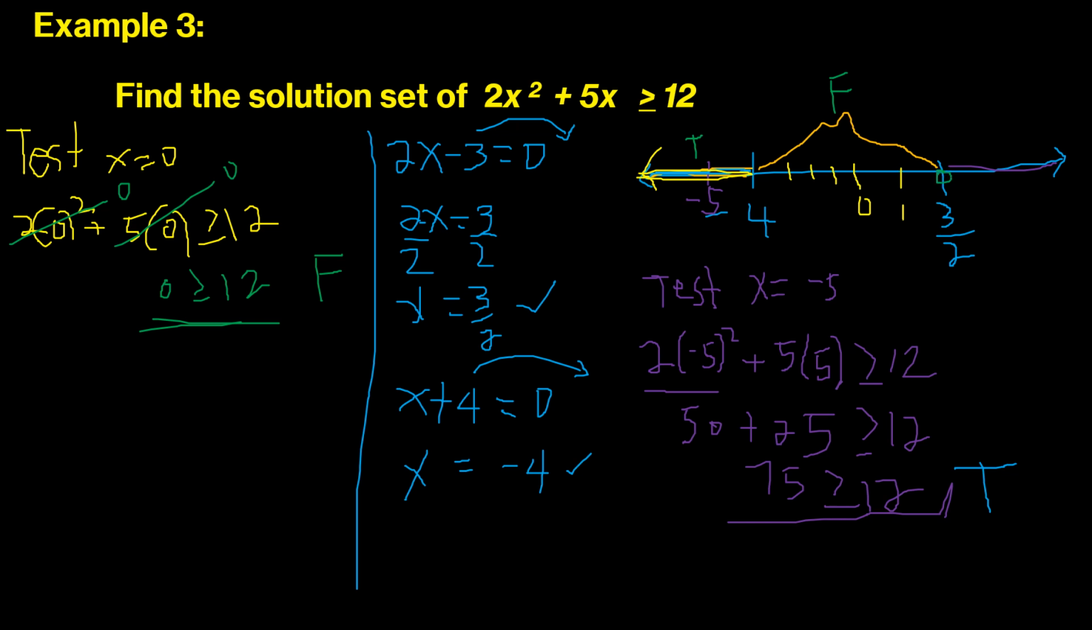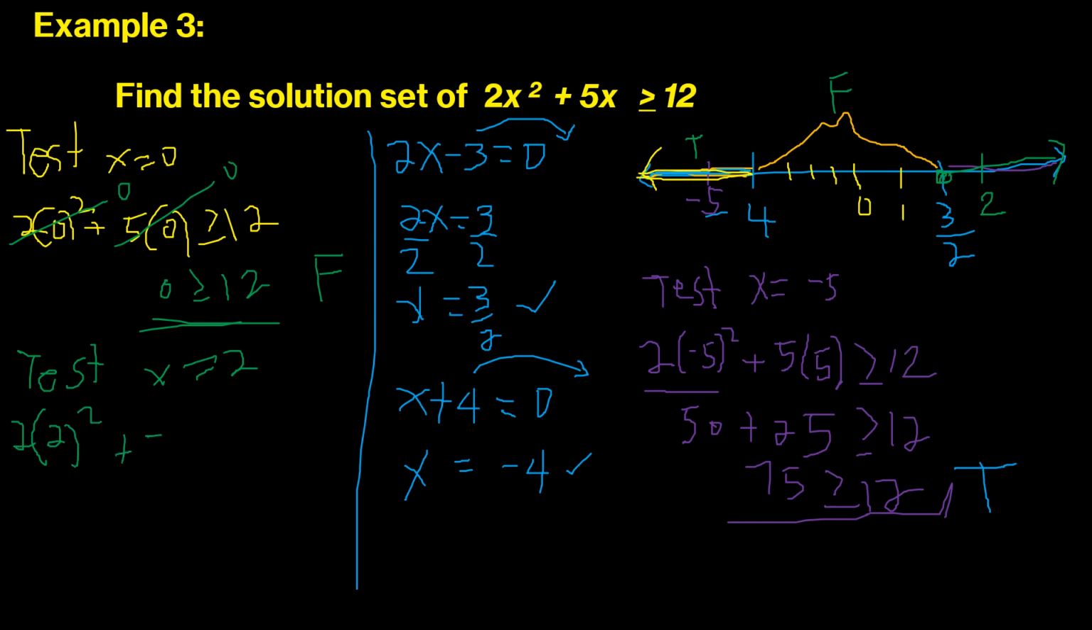Now let's try the third region, which is the numbers at the right of our upper boundary, 3 halves, from here to the right. Let's pick a number found at the right of 3 halves. Let's say 2, because 3 halves is 1.5, so at its right is 2. So let's test x equal to 2, by substitution: 2 times 2 squared